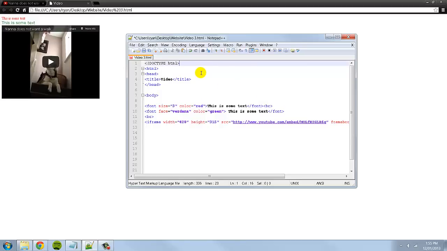Doctype, sorry, just making sure I spelled it right. Yeah, I did. And that's what you put at the top. Basically what this does is it shows the Doctype, and what this means is that your website